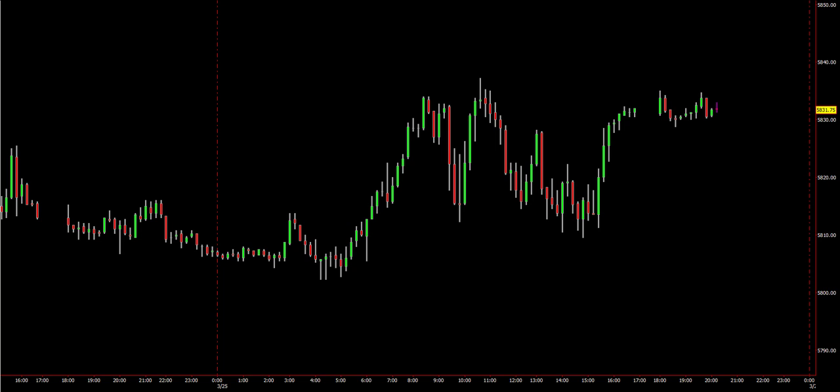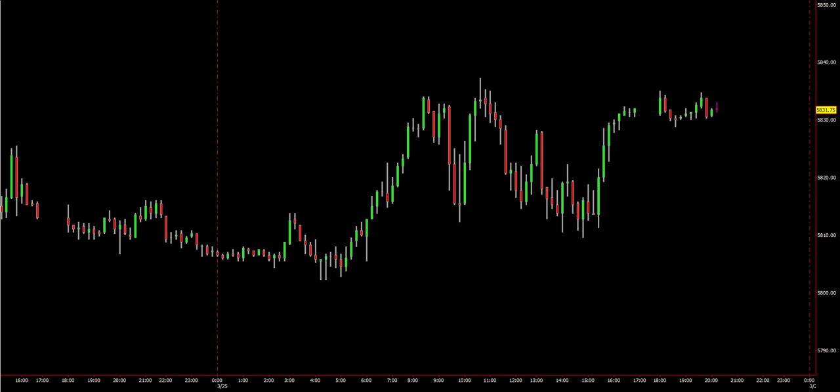In ES futures trading, a bullish engulfing pattern is a strong reversal signal where a small red candle is followed by a larger green candle that completely engulfs it, suggesting buyers are stepping in. A bearish engulfing pattern occurs when a small green candle is overtaken by a larger red one, signaling potential downside